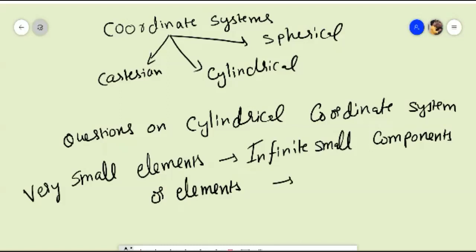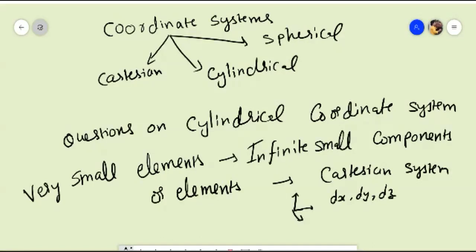For the Cartesian system, the small elements are basically given by dx, dy, and dz. Okay, so if we want to find a small volume, then dV will be equal to dx into dy into dz. If we talk about a small area dA, then it can be